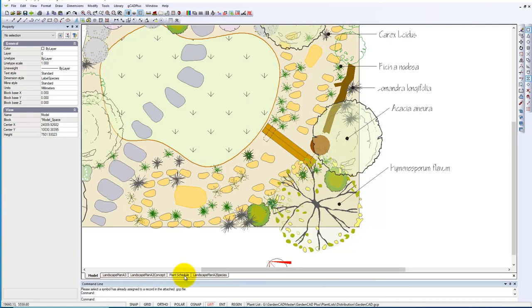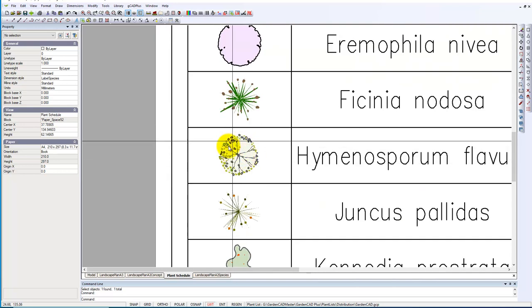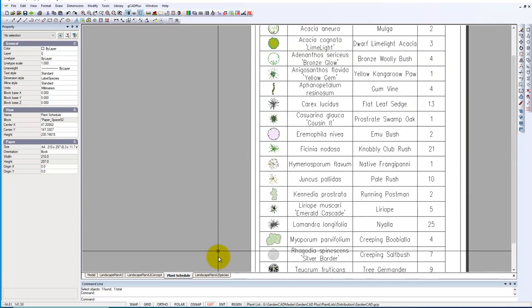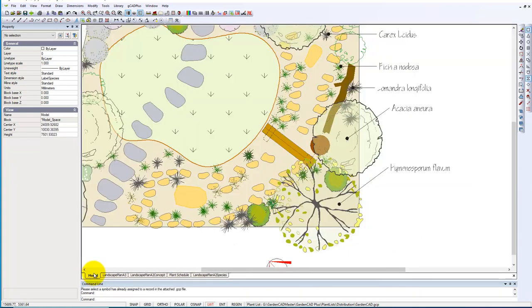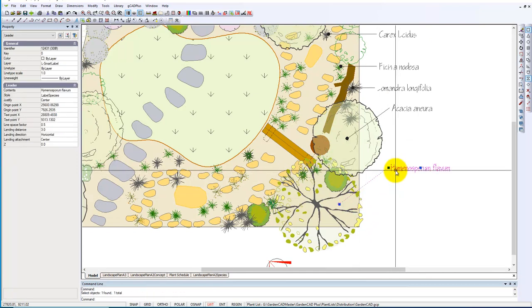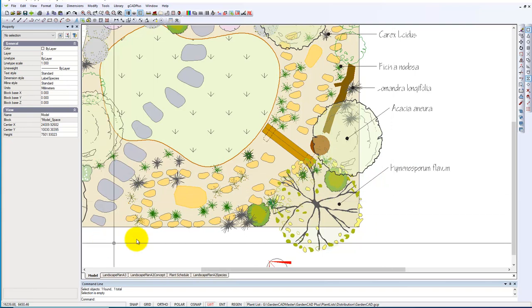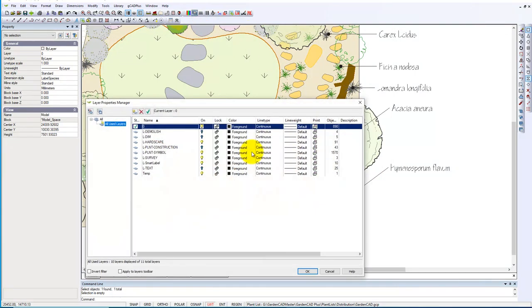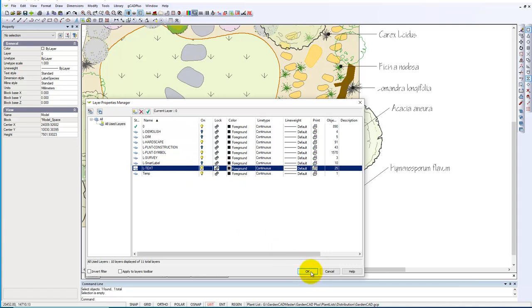So you can go back to the plant schedule, of course, and we come down here to H, and there's the symbol inside the plant schedule. I mentioned that the labeling of those plants is done. If I select the leader, notice it's done in a dimensioning style called label species. If we now turn off that information which is on a label called LSmart label and turn on the text layer,